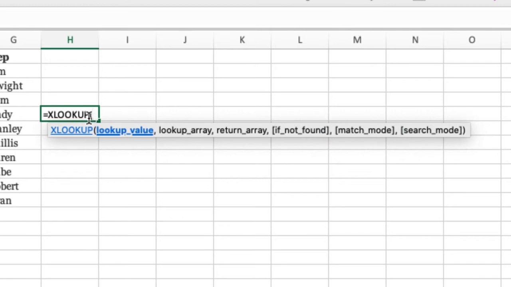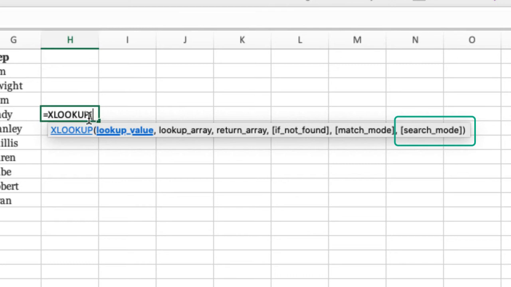the fifth argument. And finally, you have the search mode. Search mode is what type of search do you want to perform. XLOOKUP is capable of searching both in the forward and backward direction, that is from top to bottom as well as bottom to top.